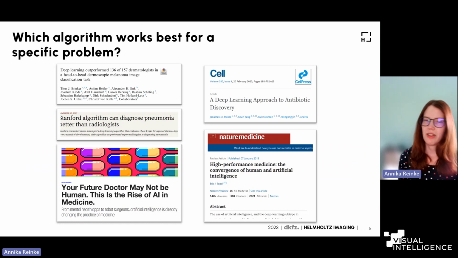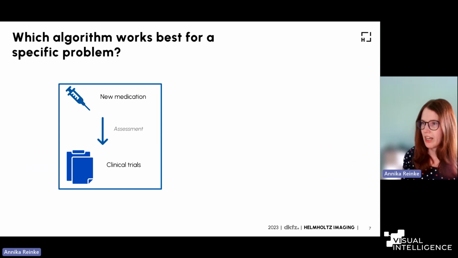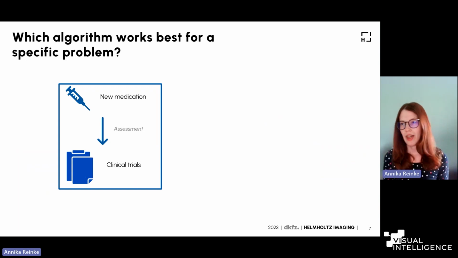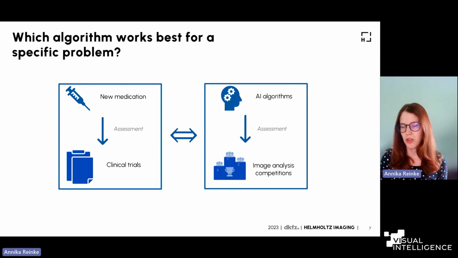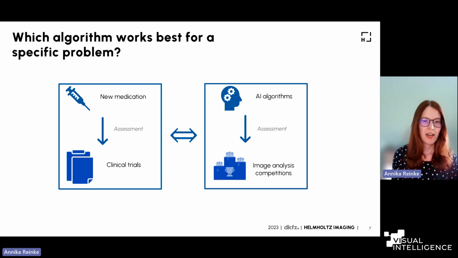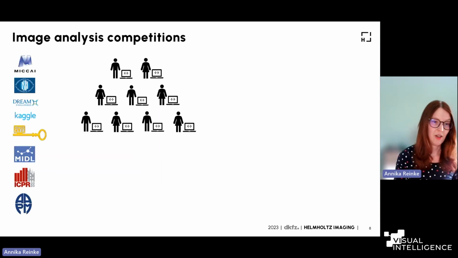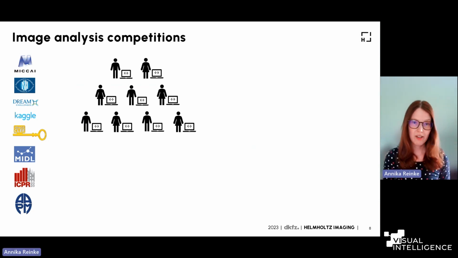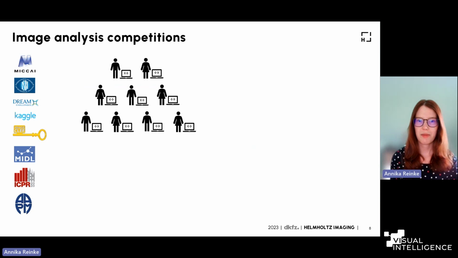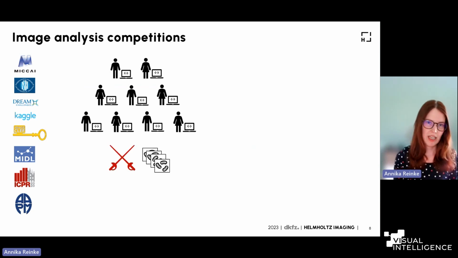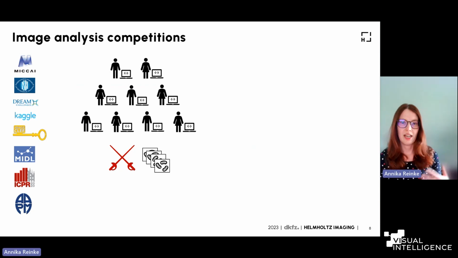When we have a look at how this is done for a new medication, for example, or new treatment, then people usually perform clinical trials. And we have an equivalent for AI algorithms, which are image analysis competitions. And perhaps you know them, perhaps you have even participated in such a challenge, but I wanted to quickly explain what this is all about. In such competitions, people who develop algorithms compete against each other under the very same specific conditions. So using the same data sets, same performance measures, submission methods, all these things are done for a fair